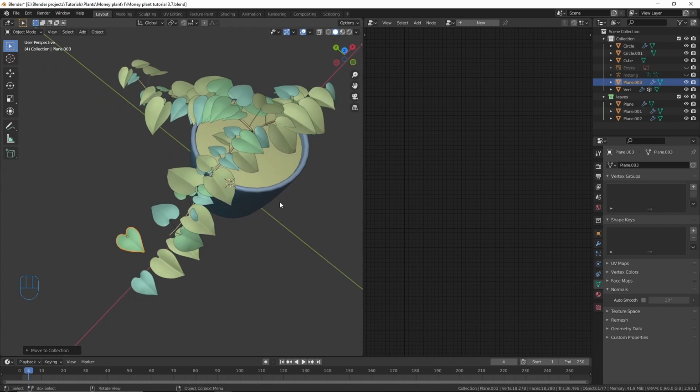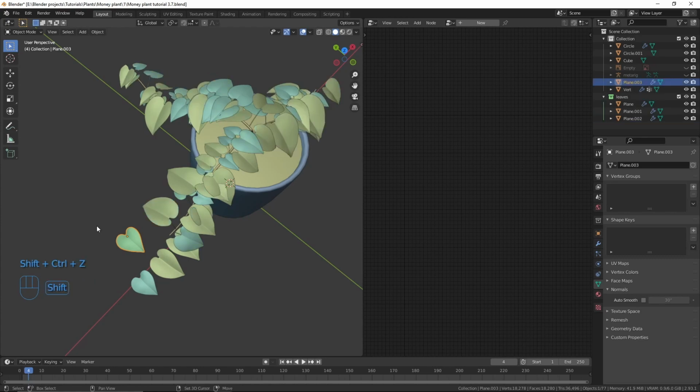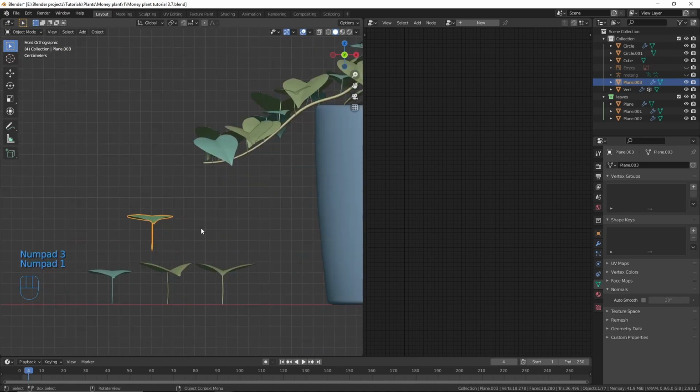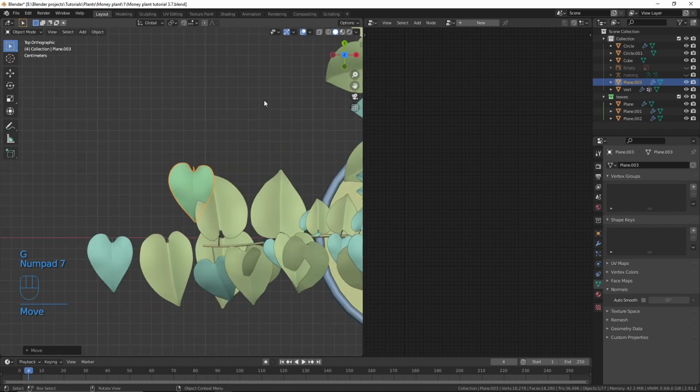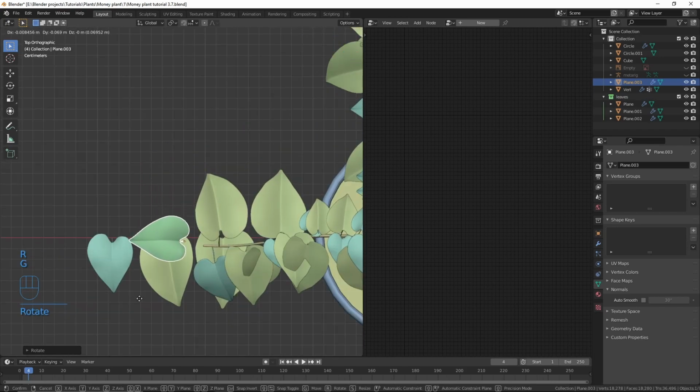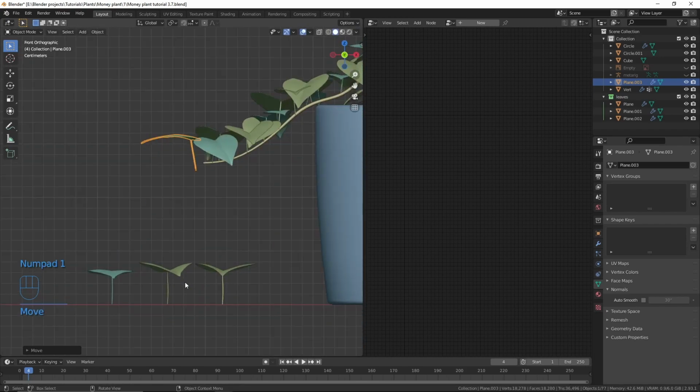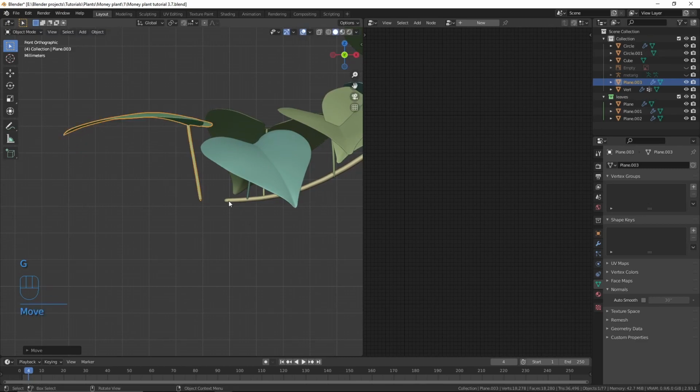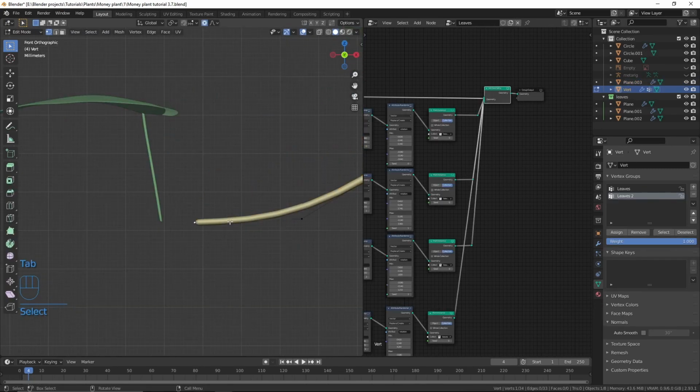So what I'm gonna do now is I'll press Ctrl Z, and now it's in the leaves collection, and now I'll press Ctrl Shift Z to redo the action, and it's now in this collection, and also the leaves have been updated. So now I'm gonna move this to over here, and I'll rotate this. I'll move this over here. I'll move this to over here, and now I'll select the stem, and now I'll go to edit mode, and